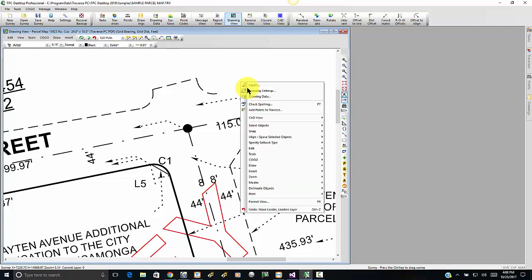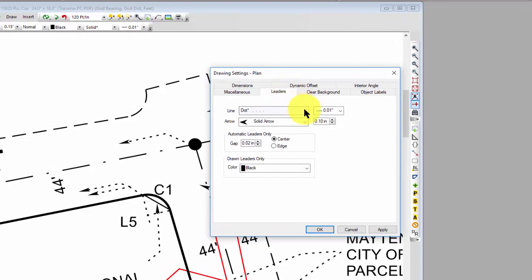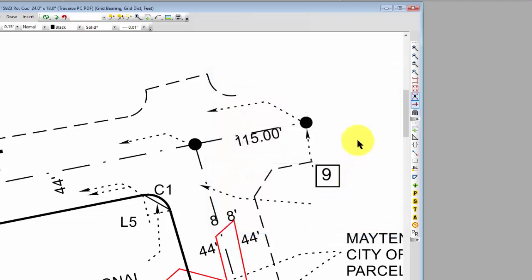So let's drop into our drawing settings. And I'm going to quickly just match the same settings that were used for the other leaders. I want a dot line and solid arrowhead and a color of black. Okay, so this affects the color of the drawn leaders. Everything else looks the same. So now I should be able to add a new leader and have it use the same properties as the